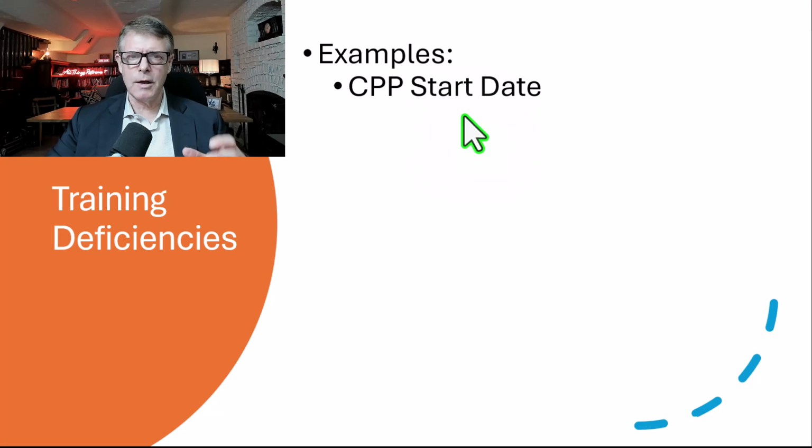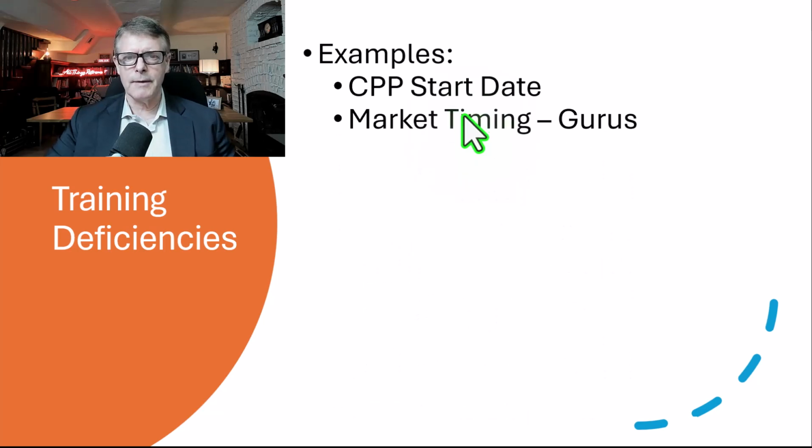So because of that, you need to look at the numbers. It may not make sense for you to take Canada Pension Plan early. In fact, you might be leaving a lot of money on the table by doing so. So that's just one example. Be a little more logical and ruthless with your decision making in that area.